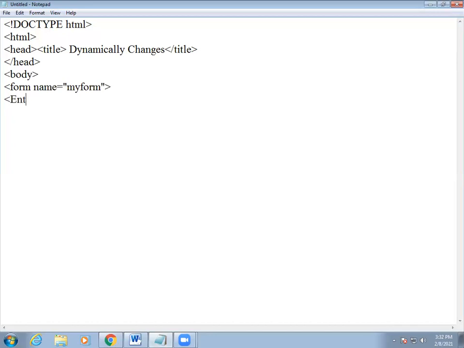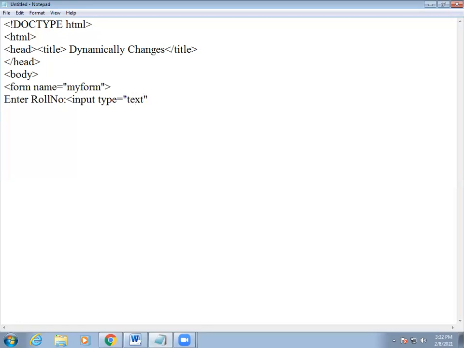Next we write enter your roll number, or you can say enter your address, anything. For roll number we use input type equal to, in double quotation, text, correct?